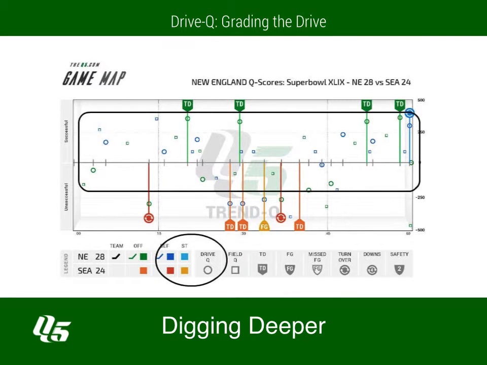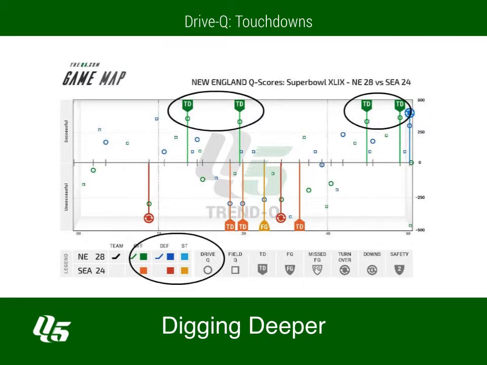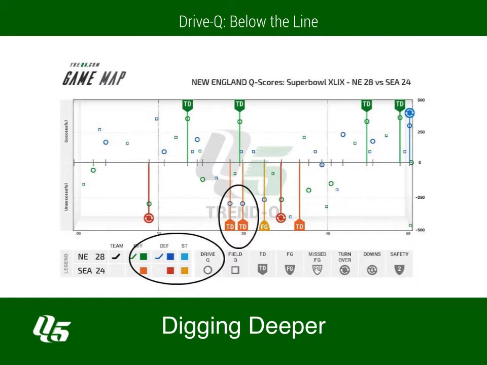Very quickly, you might notice that not all touchdowns are graded the same, even though they're all worth 6 points on the scoreboard. Going 95 yards for a touchdown is a bigger show of strength than going 65 yards. It sends a bigger message to the opponent. Conversely, starting a drive in your opponent's territory and not scoring a touchdown is a show of strength by your opponent. Now, there will be times when this is not true, end of the half, end of the game, but